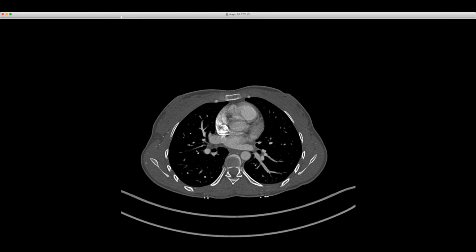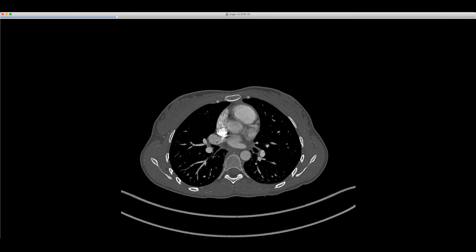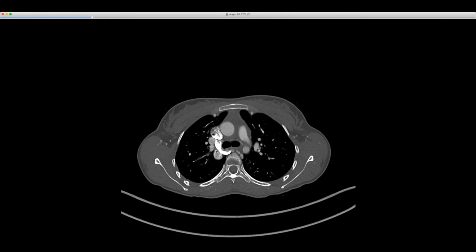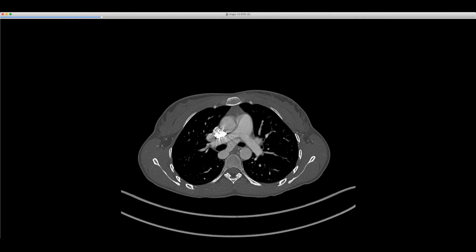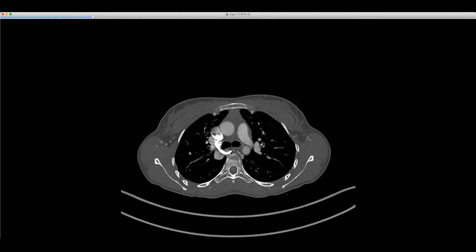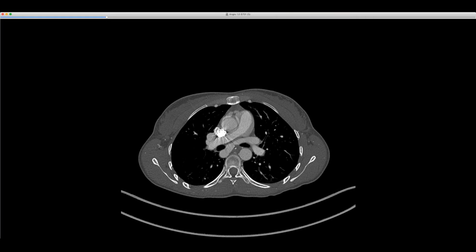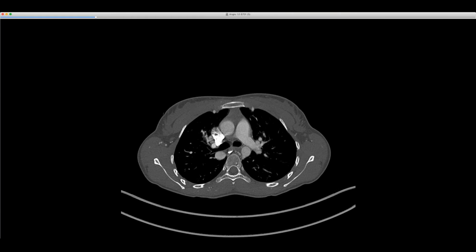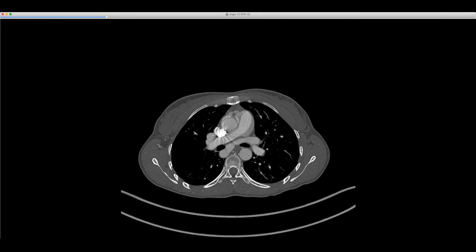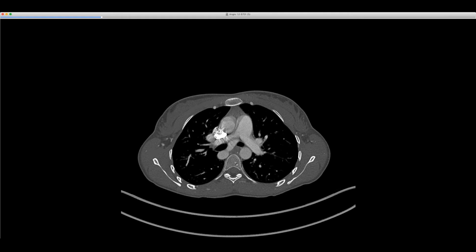You see some other branches here that are draining as if they would normally drain into the superior pulmonary vein. But then the problem is it also accepts all the flow from the left upper lobe. Wow. Because when it enters the mediastinum, it looks as if it's trying to be a conventional left upper pulmonary vein, and then it does this trick of instead of joining the left atrium, it crosses to the other side. So the original meandering pulmonary vein that Larry Goodman described, I think, was a right pulmonary vein